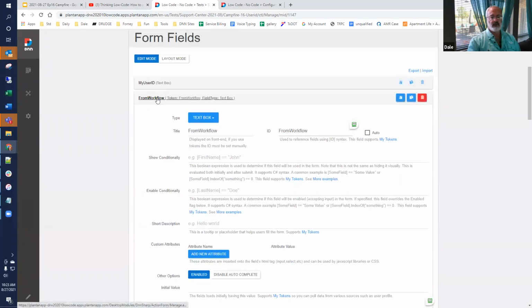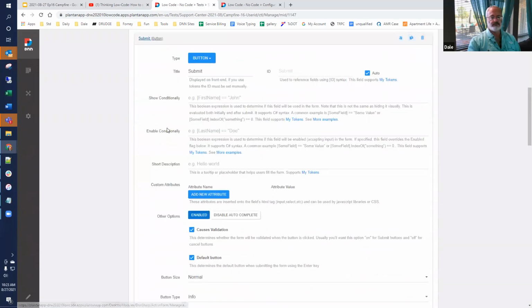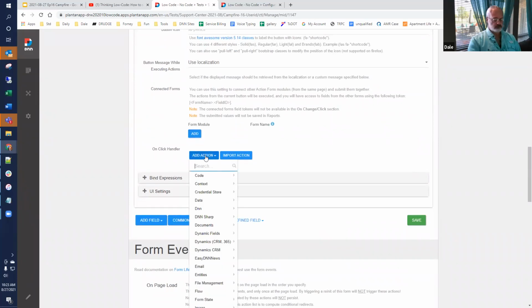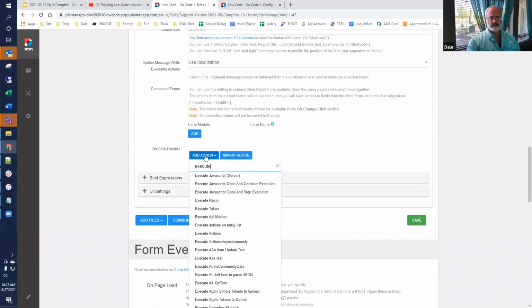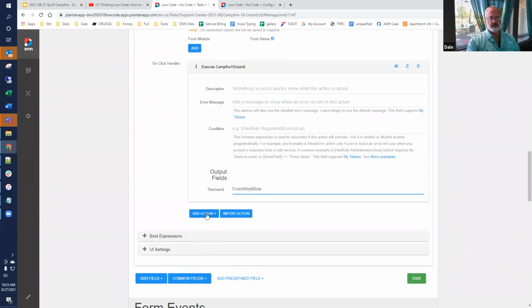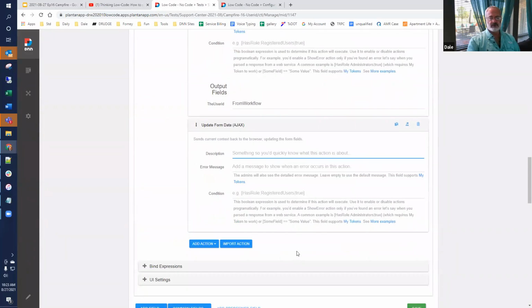And the button is going to execute that and get the user ID, and we're going to put it into workflow. And we'll also use Ajax to keep it from refreshing.